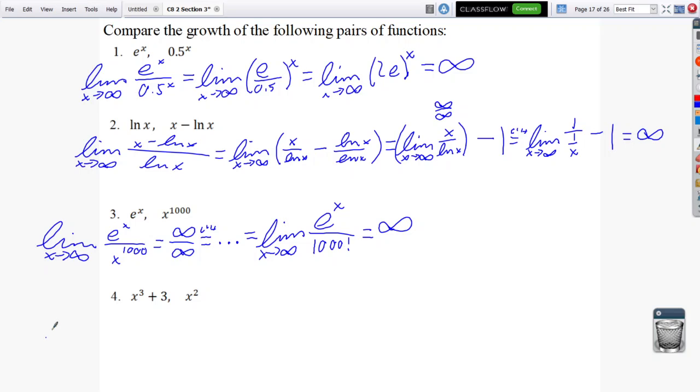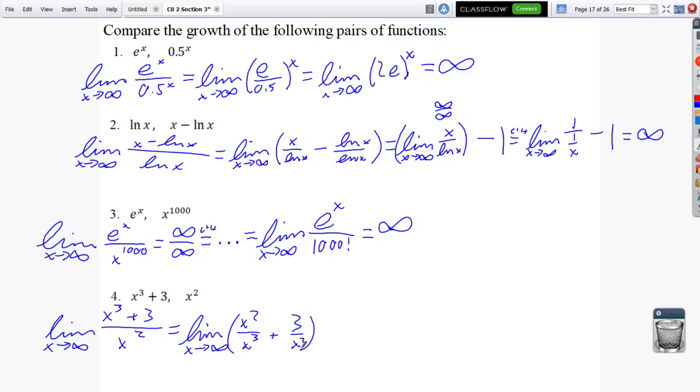And last but not least, again, we want to put the sum up top and the single term down below. So we're going to have x cubed plus 3 over x squared, which is going to be the limit as x approaches infinity. Sum up top, so this becomes x squared over x cubed plus 3 over x squared. We could do L'Hopital's rule on that first term, but why would we when we can recognize that we have